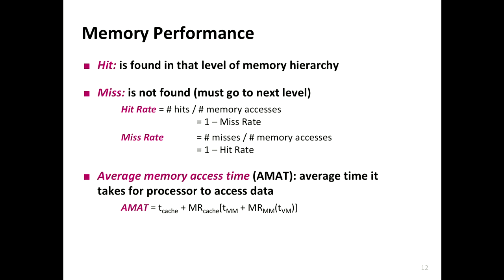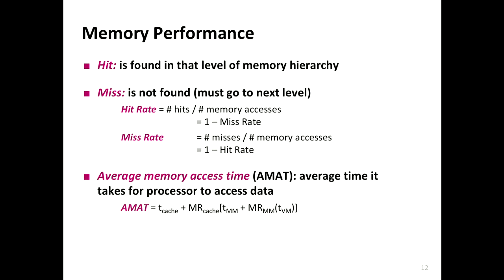And you can also estimate the performance of memory in terms of average memory access time. And what is this formula here? So it's basically you first try to access the cache. So you remember the hierarchy: cache, main memory, virtual memory. So you first try to access the cache. So it's the time required to access the cache, followed by the miss rate in the cache, multiplied by,